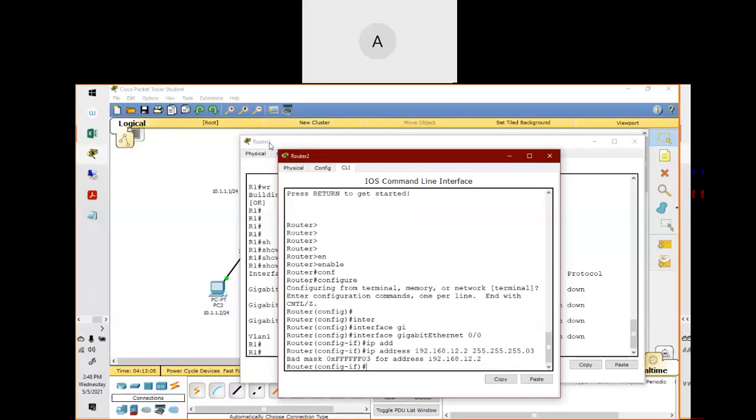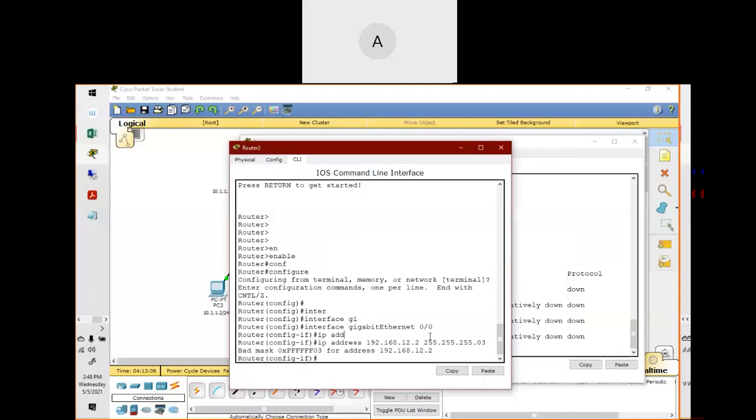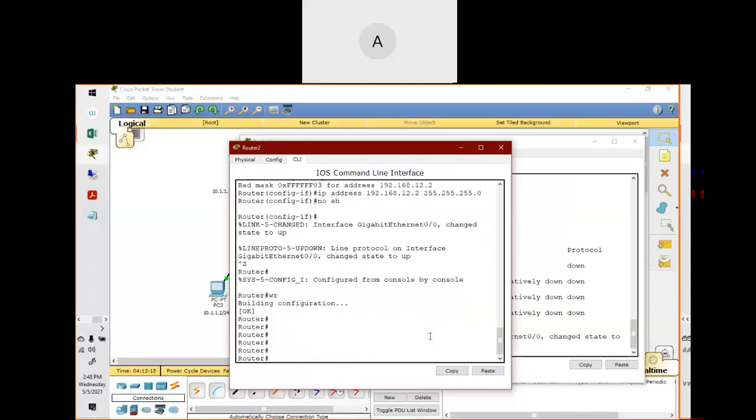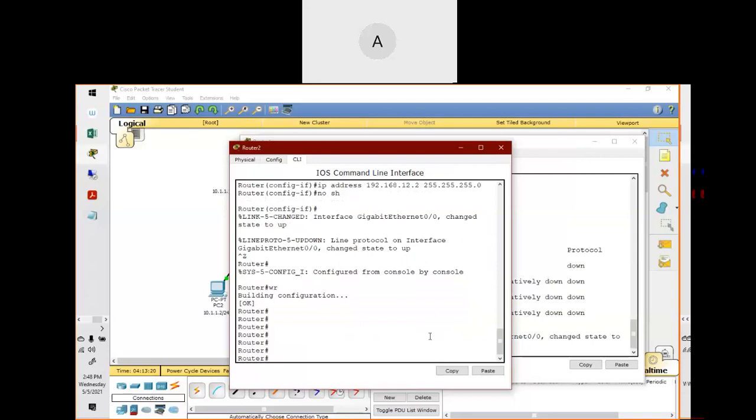Okay, 12.2, sorry, no shutdown. Save it. Now you can see the interface is up.